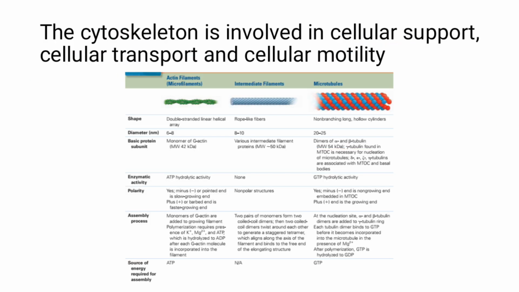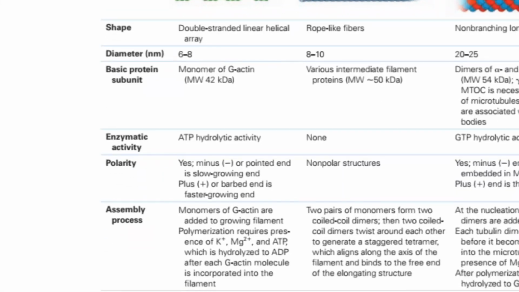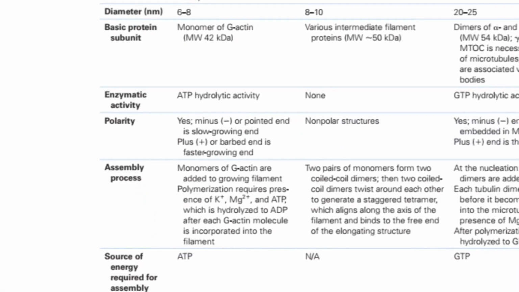And then finally, the cytoskeleton is involved in cellular support, cellular transport, and cellular motility. And the cytoskeleton is made up of 3 types of filaments. So you can go check out that table later. If it doesn't make sense, leave it. But we have 3 types of